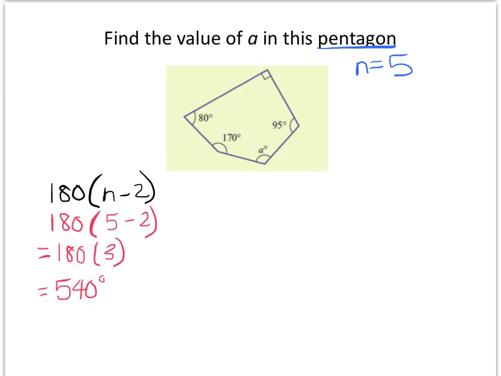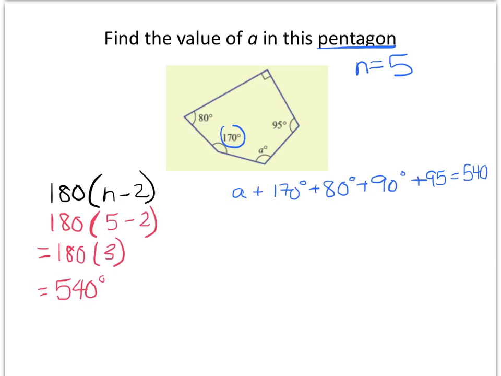So I can write an equation now, like we were doing with triangles and quadrilaterals. A plus, now all the other angles I know, so 170 degrees plus 80 degrees, plus that right angle there, 90 degrees, plus 95, must equal 540 degrees. I'm going to add up all the angles I do know. 170 plus 80 is 250, plus another 90 is 340, plus another 95 is